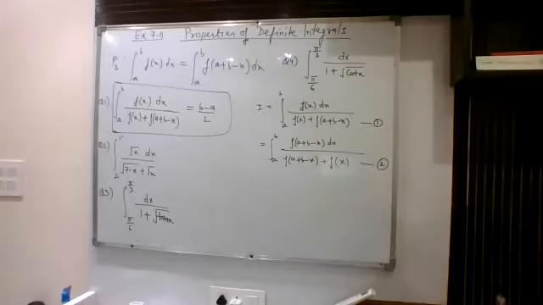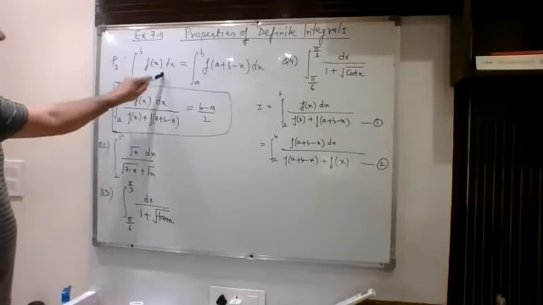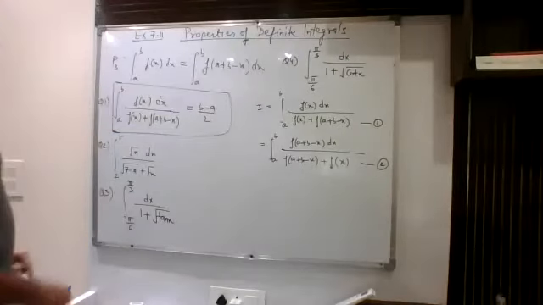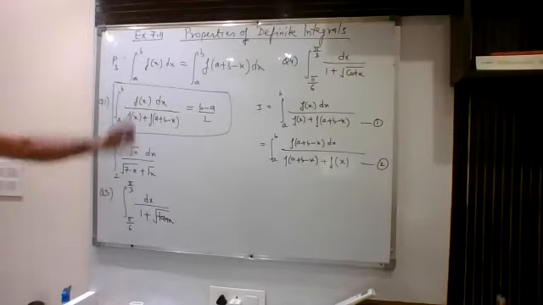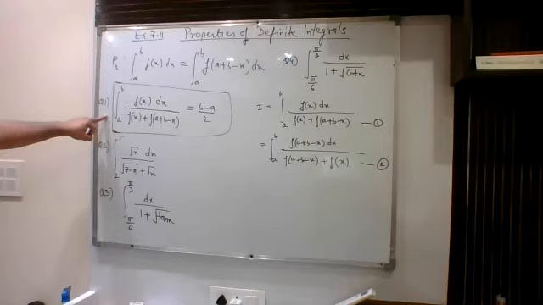Okay, so here we have this P3 property. It says that integral a to b f(x) dx can be written as integral a to b f(a plus b minus x) dx. Now these are the four questions based on this property. Number one, number two, number three, number four. Now this is a general question. This can be used directly for JEE Mains exam.